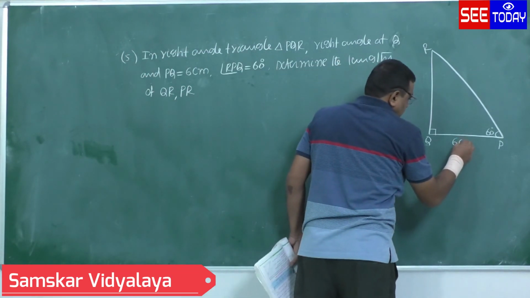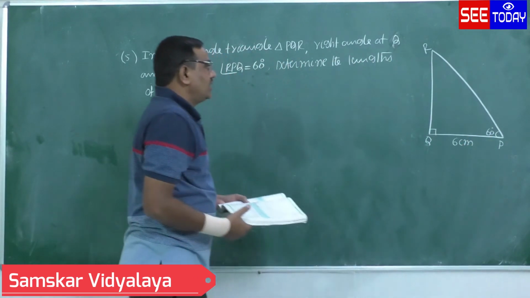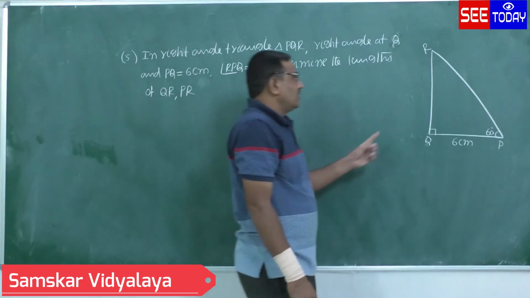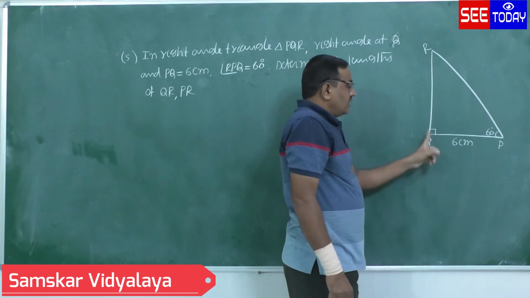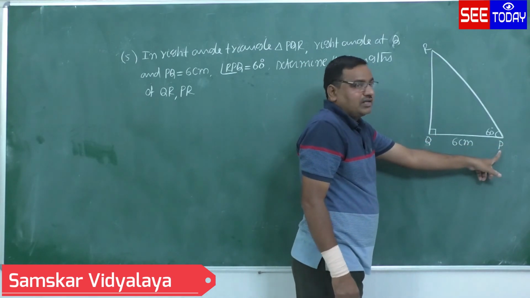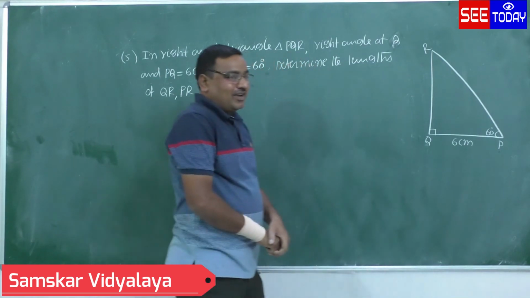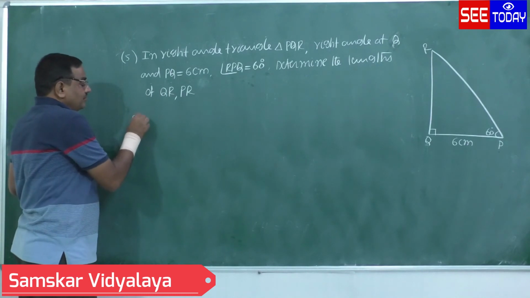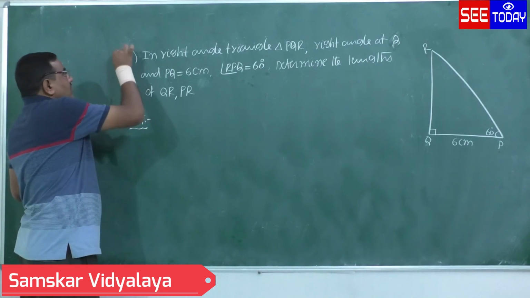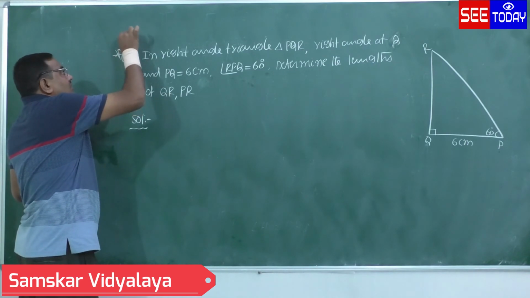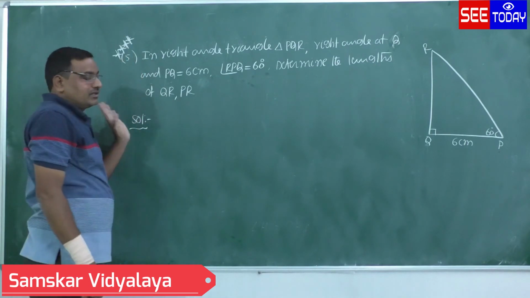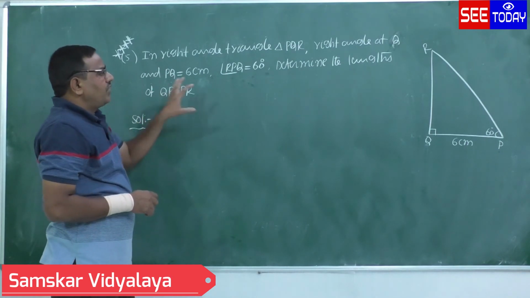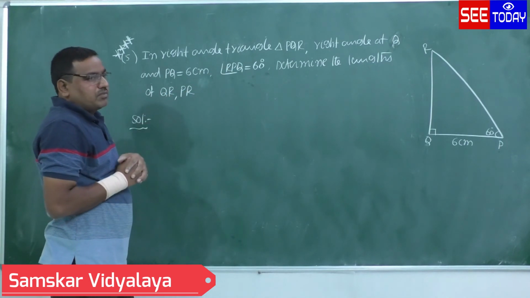He has given that PQ is equal to 6 centimeters. By using that one we can find the remaining two lengths. What are the remaining two lengths of sides? Here QR is one side and PR is the other side. How can you prove? I want to take the information from you. See, this solution and also the next one, he may ask in 1 mark, mind it. The 3 questions are most important in this exercise. Why? Because there is a little bit of confusion in these problems.